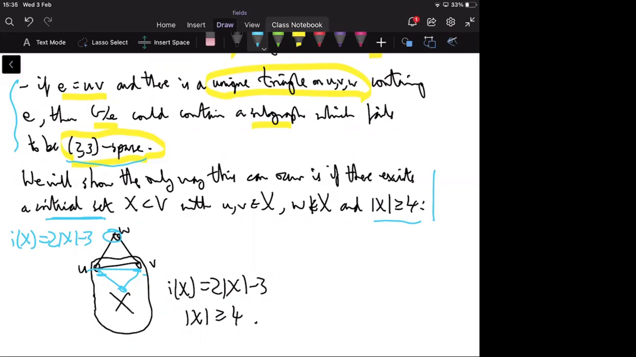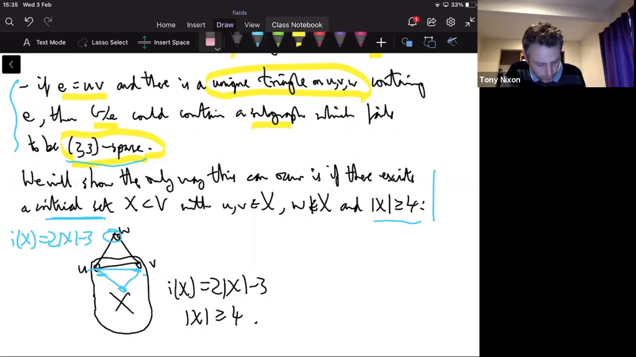So are you saying that this critical x implies that there exists that blue triangle that you've got? No, sorry, the blue triangle is just one possibility, and that's the other thing. But I guess what I'm saying is, if this x exists, a critical set with these properties, then